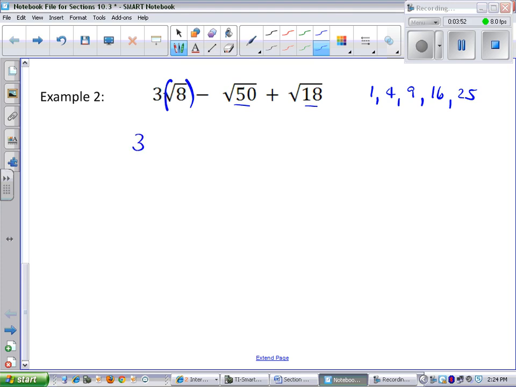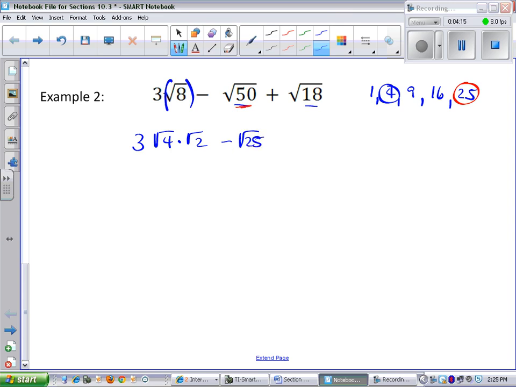3. Now the square root of 8, let's see what perfect square goes into the square root of 8. 4 will go into that one, so I can change that to the square root of 4 times the square root of 2 minus, now I want to think of the perfect square that will go into 50. Let's see, 25 will go into that one,